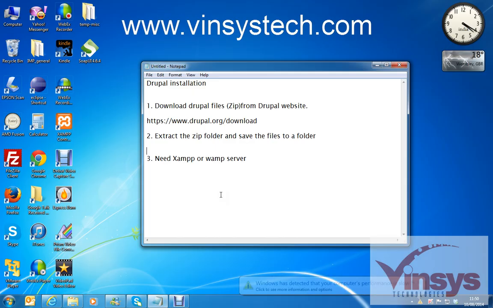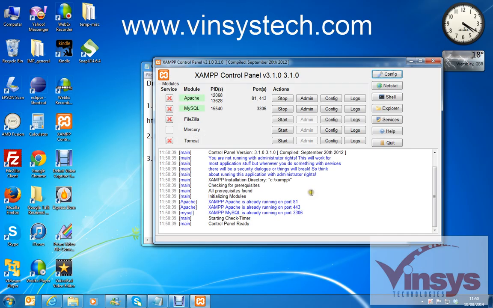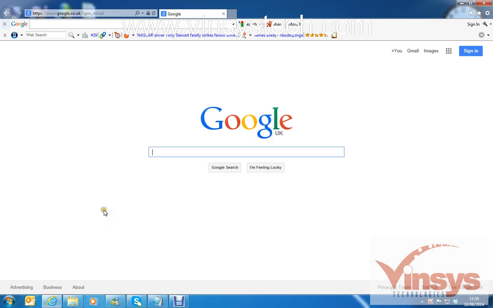Okay, so you can download this from the internet, or I hope you already have XAMPP. Okay, so you can see a desktop shortcut on my system. Double click that, it will open like this, and I have already started the Apache server and MySQL. Then I will go to any browser and I will type